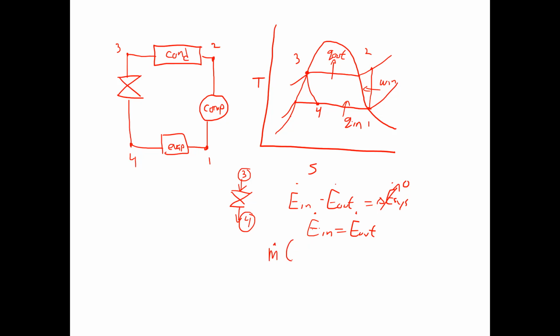mass flow rate times enthalpy in. We're going to go ahead and ignore the kinetic and potential energy changes of the refrigerant across the device. So we have mass flow rate times enthalpy in equals mass flow rate times enthalpy out, where the mass flow rates can cancel out. And so we end up with h3, the h going in, equaling the h going out,